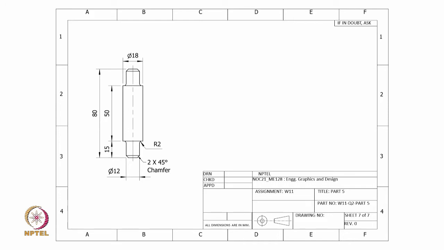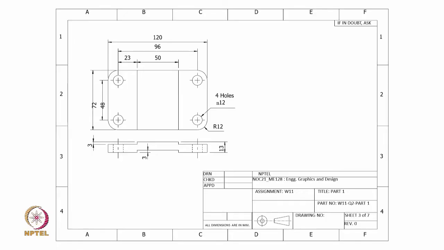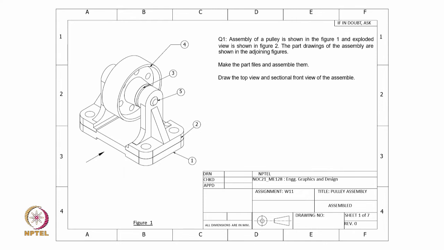The reason I am showing all these parts is that I have already created them, so I am starting directly into the assembly. But if you are planning to replicate these examples, I want you to go back in the video, pause at each of these slides of the parts, and create those parts before we get started with the assembly. So, going back to the assembly, we said there are 5 parts.